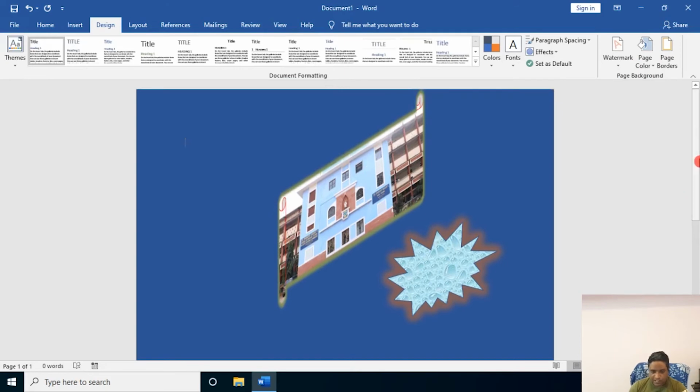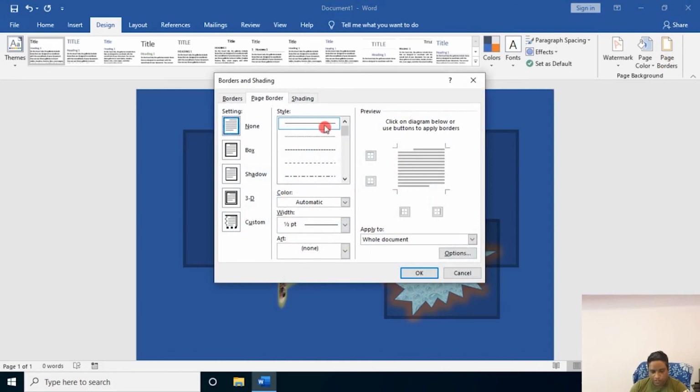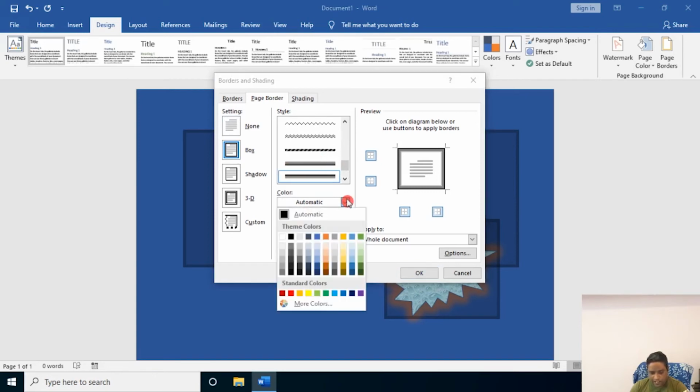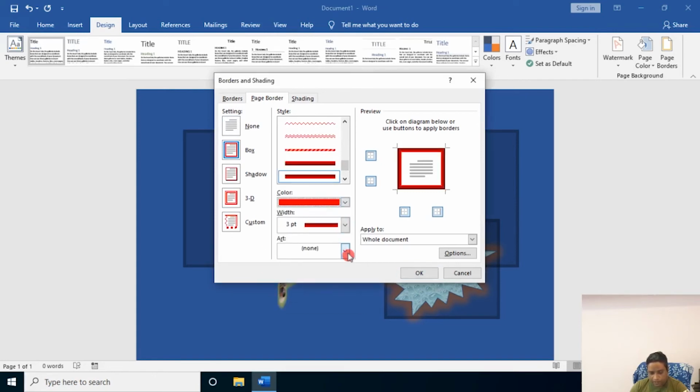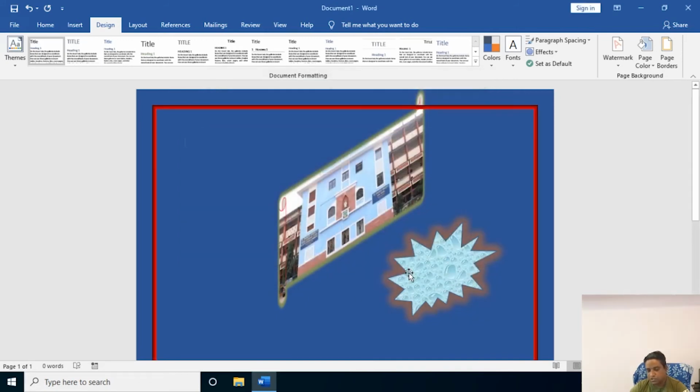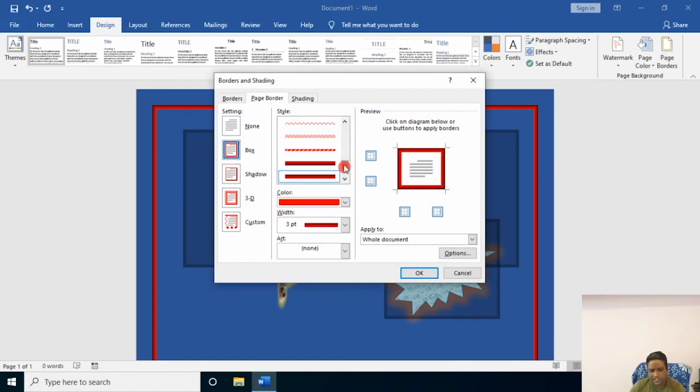After seeing the single color, I use page border. Select on page border. Select whatever borders you want. Suppose I want a nice border. I select this border, and I select a red color, and I say okay. Can you see? This is called page border. Many borders are there, you can try out. Many colors are there. Shadow is there, 3D is there, custom is there. You can select one, select the color and say okay.